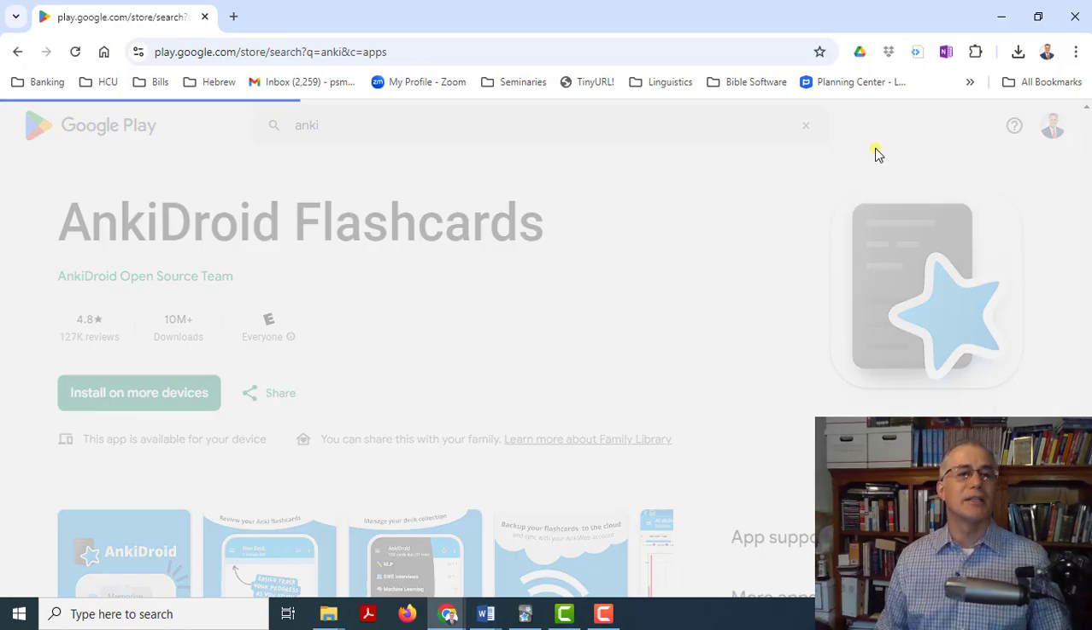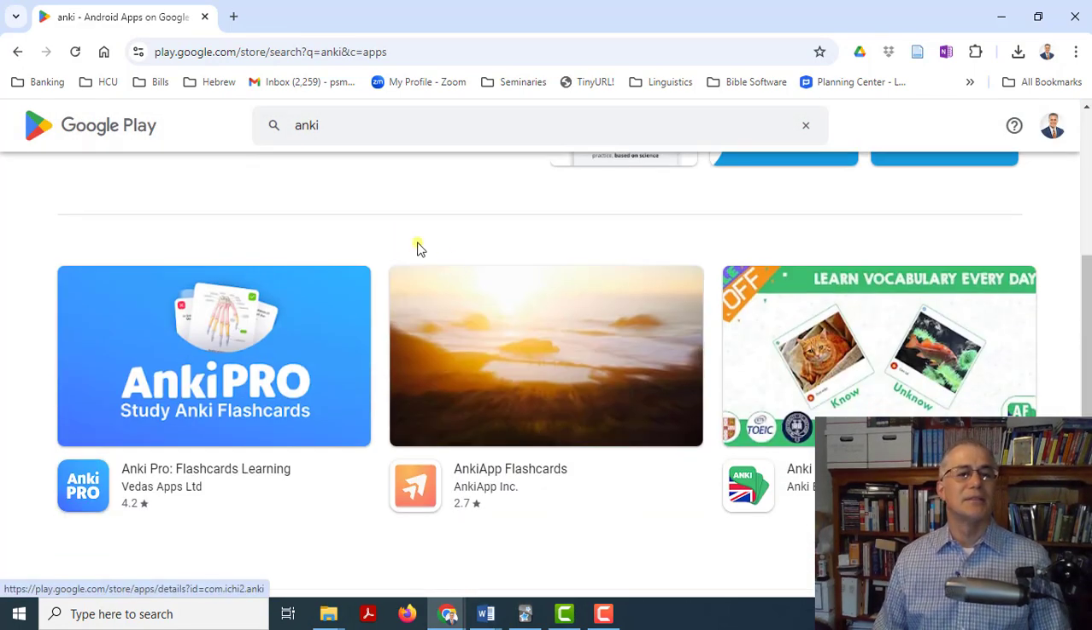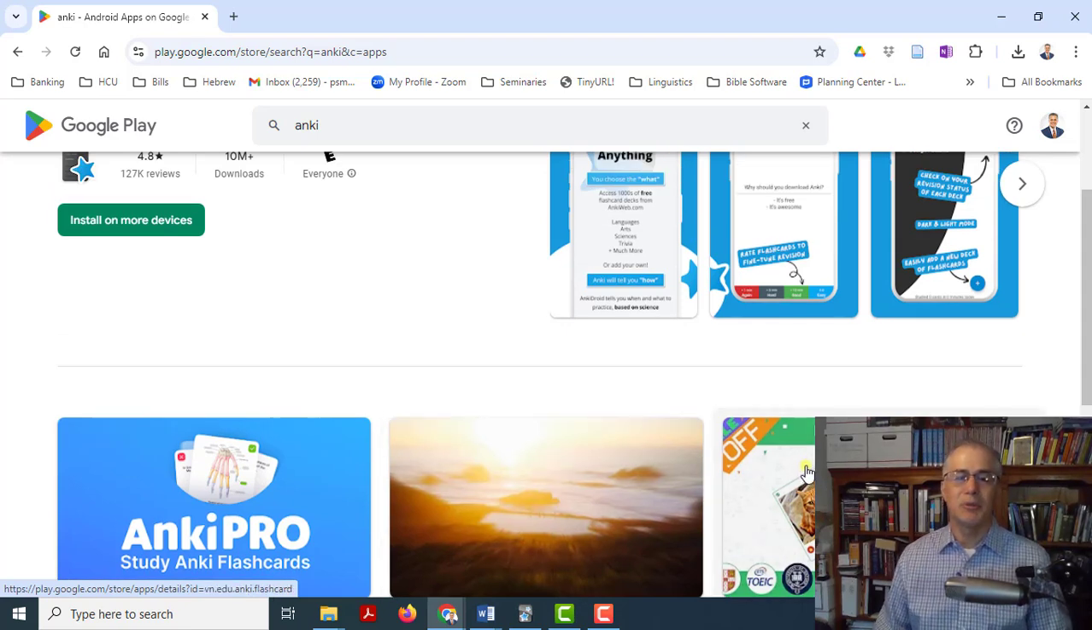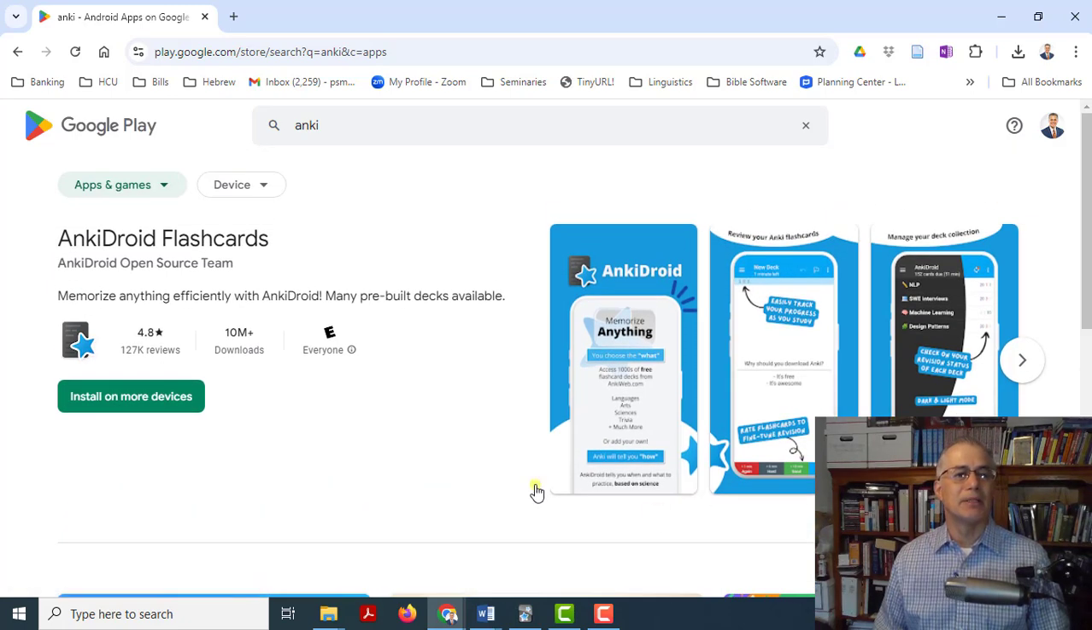So if I just search Anki on Google Play, you'll see that there's Anki Pro, Anki App, Anki Flashcard, right? These are just people who developed an app using Anki's system, but they're not the official versions of these. So AnkiDroid is it, and you're able to log in to your actual account so that you can run synchronizations